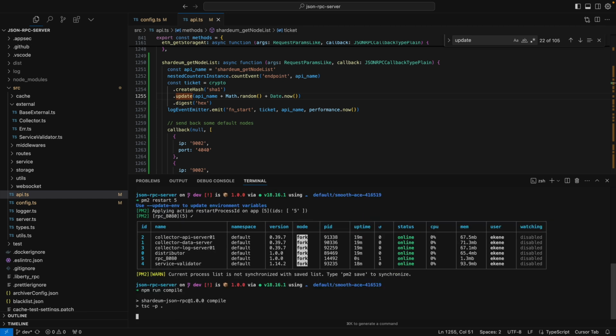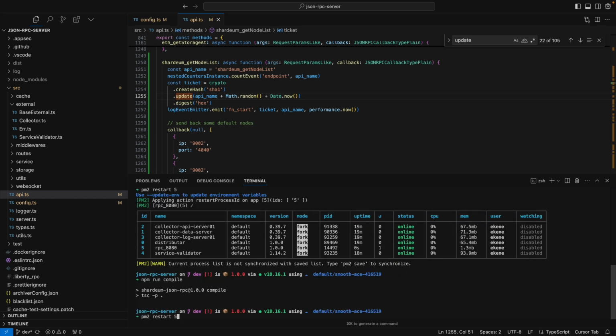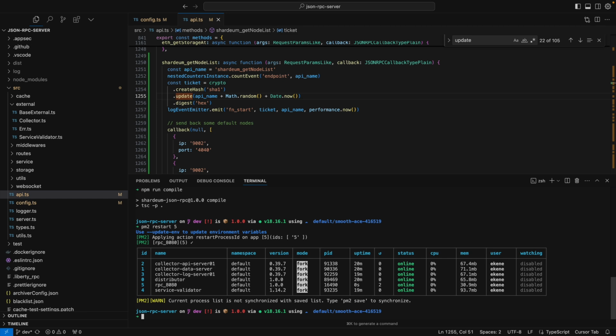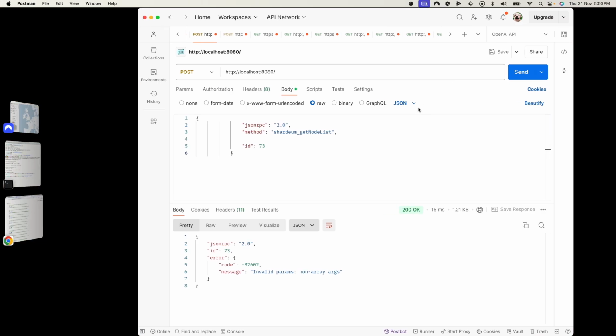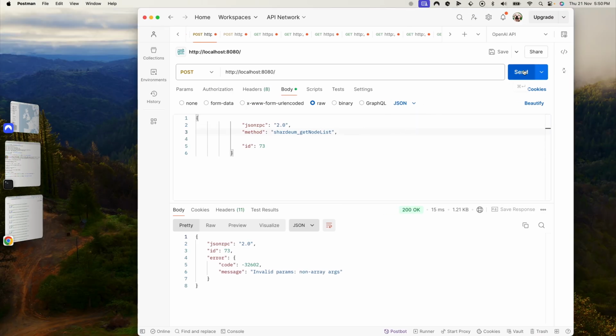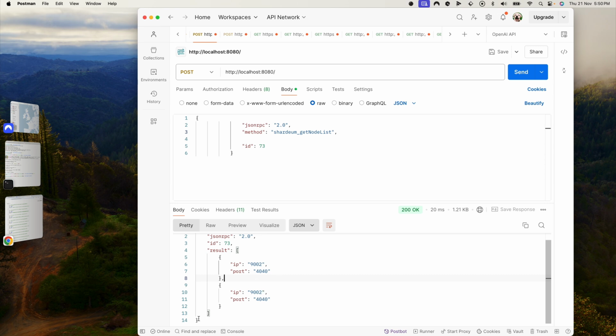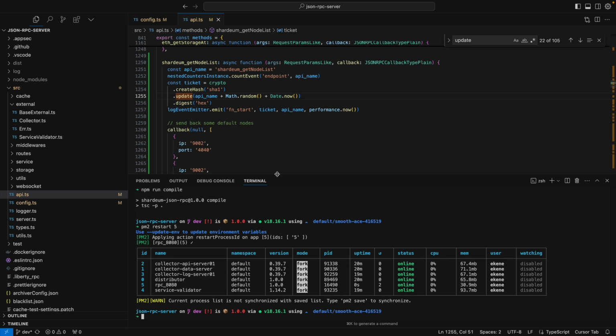So every time you make a change and you want to see it updated, you have to recompile and then restart the service. Okay, I'm going to try this again. And now we get the response. This is the default nodes that we just set up as a response. So it looks like so far our API endpoint is starting to do what we expect of it, except